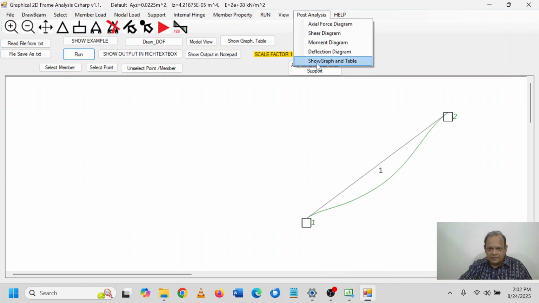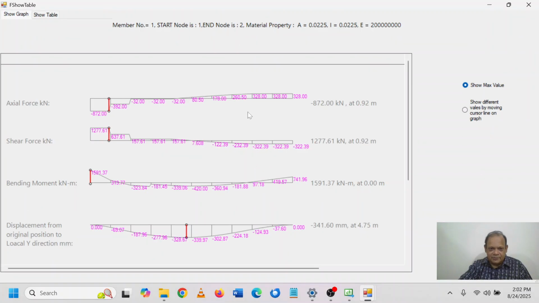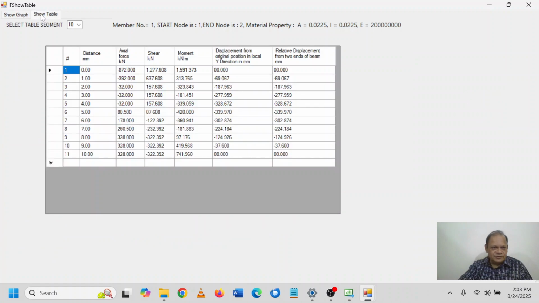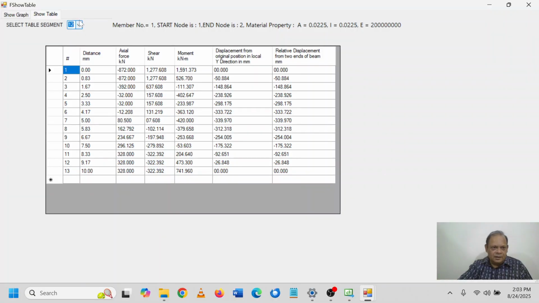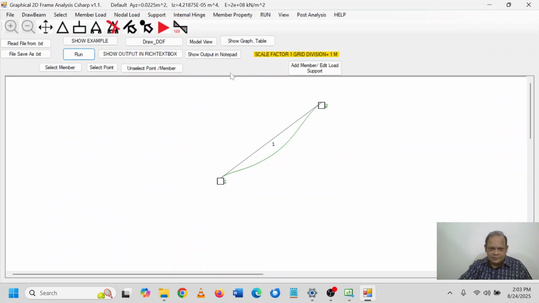Also you can see the graph and table by selecting one member, and from here you can also get different values, sliding the mouse left and right, and also you can see it in tabular form, and you can see